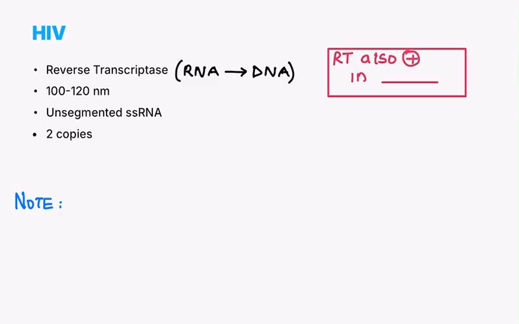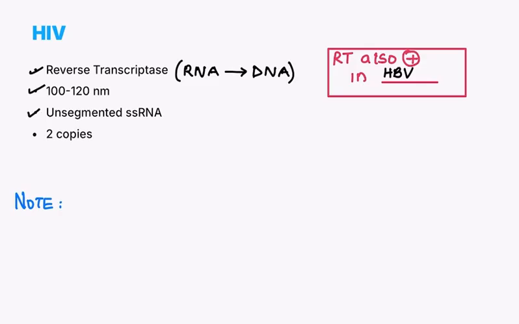Now, prior to this, the only other virus we have studied where a reverse transcriptase would be present, other than this family, would be the hepatitis B virus, because that has a partially double-stranded DNA and the pathogenesis requires a reverse transcriptase. Coming back to HIV, this is a 100 to 120 nanometer sized virus, and like all other